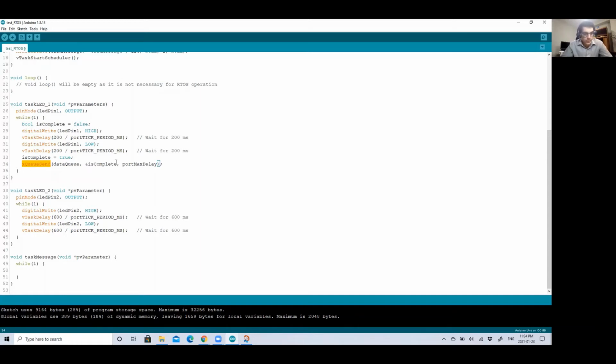And you can try this on your own as well. Just don't have a receive message and let it run, and you will see that the LED pin 1 here, which if you recall was the red LED, will just stop blinking. Okay. And then we need to do the same thing actually for